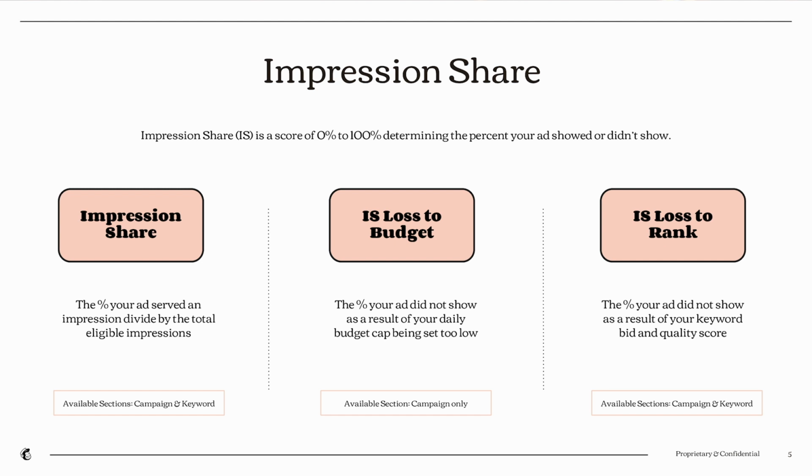That's as a result of either a loss in budget or a loss in rank. If you have an impression share loss to budget, which is also a column that you could add into your reporting, this will tell you that on the campaign level, that budget cap is set too low, so you're not spending as much as you could be if you increased it. And by spending more, that oftentimes means stronger results if it's done within campaigns that have strong keywords. You could also find that rank is the issue. So if you're losing impression share to rank, that would mean that either your keyword bids are too low or your quality score needs improvement.